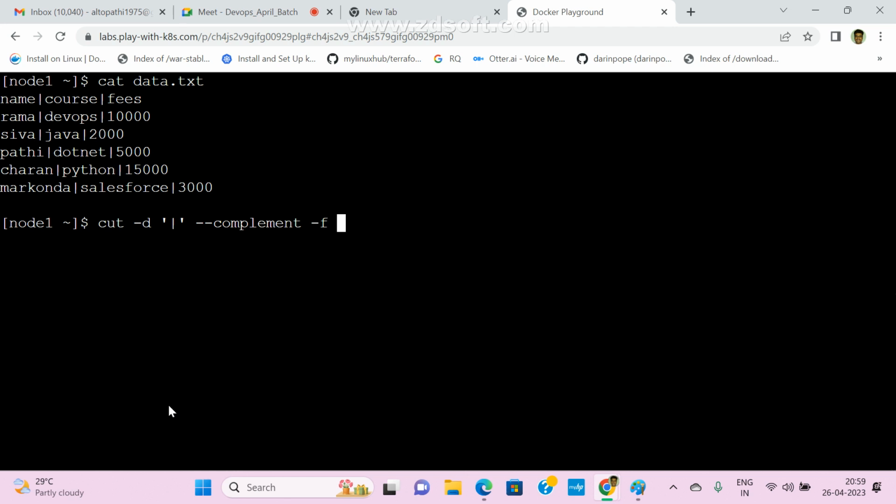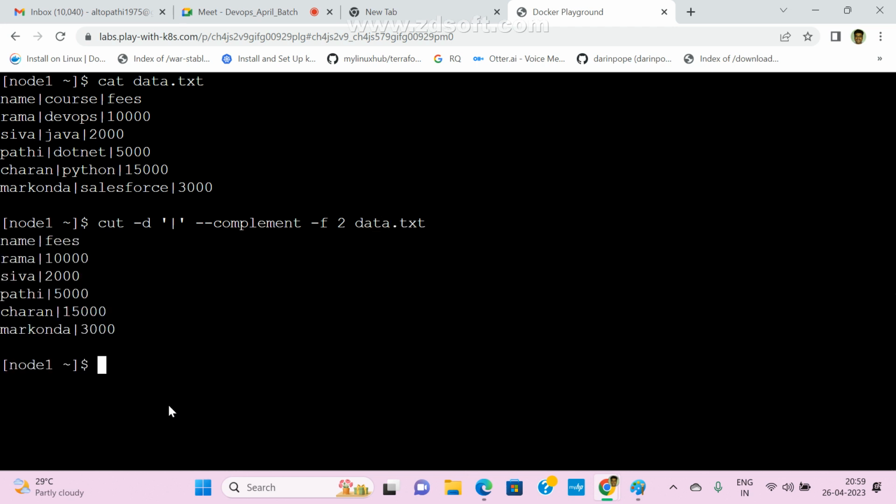I don't want the second one, data.txt. I want to skip this particular column and want all remaining columns. What is the second column? Course, right? I skip the second column. So in that case we can use one more argument, --complement. Clear? Yes, sir.